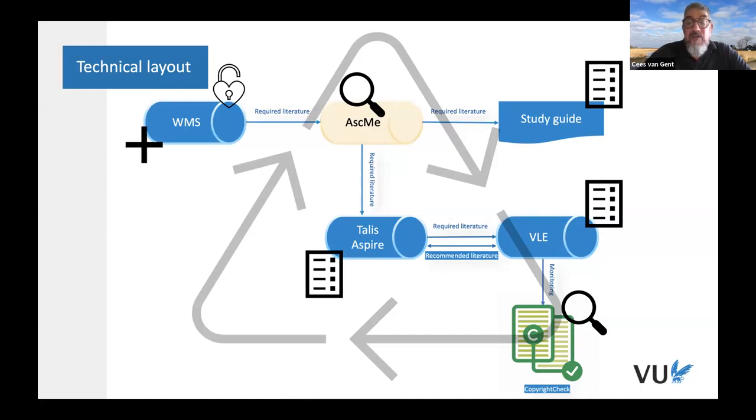The required literature reading list is added into the VLE, as David showed us, and when the literature is in the VLE, the copyright check is monitoring if it is presented in the right way. And as David showed us a few moments ago, you can add in the VLE all the other content you want to present to students, let's call it recommended literature, and add it to Talis Aspire. That information gives you insights on what you need as library management, what you need as